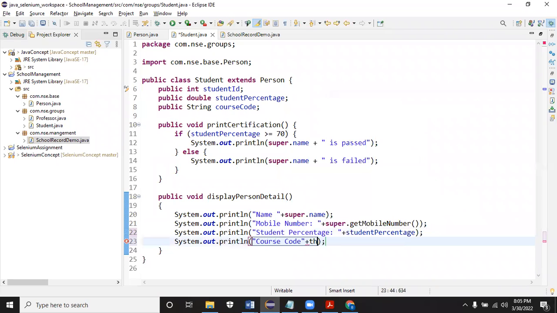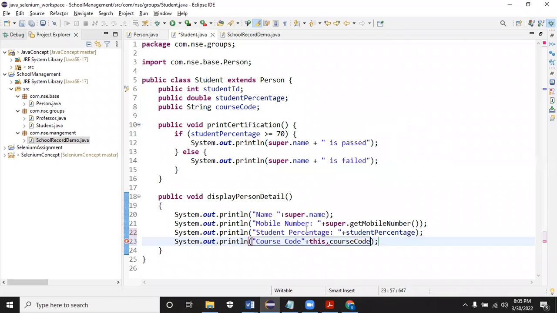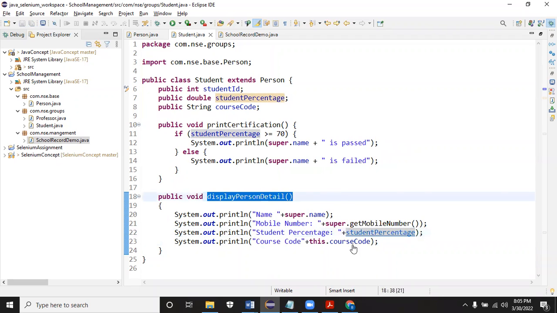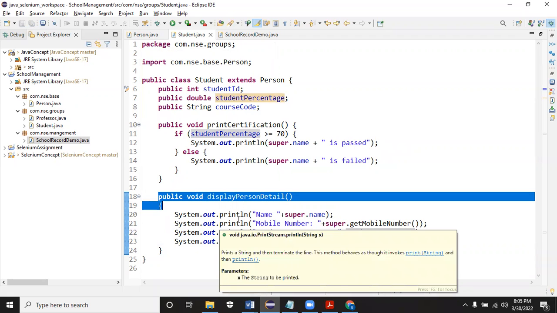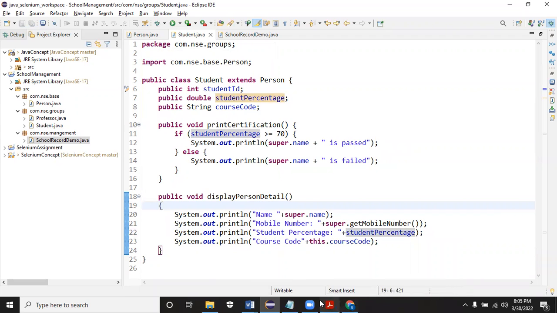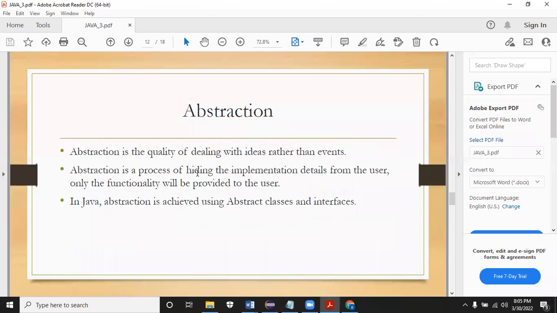Now, in the current class, if you want to access, you can use the this keyword, which refers to the current object. Otherwise, you can directly use it without this. Both will work, pointing to the current object, so no issues. To call this method, it's very simple: I can call it using the object reference, non-static method. Now, listen carefully, I want to set up a rule. The reason why we go for abstraction is hiding the implementation decision from the user and basically to set the rules. To set the rules, there are two ways: one is abstract class, the other one is interface.